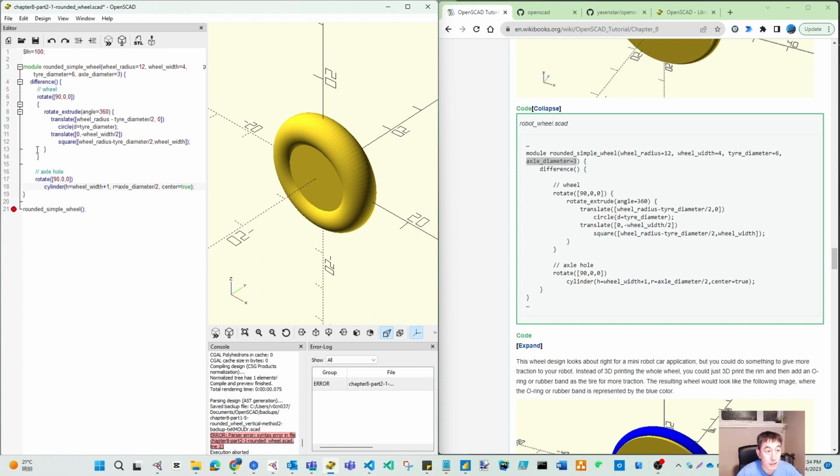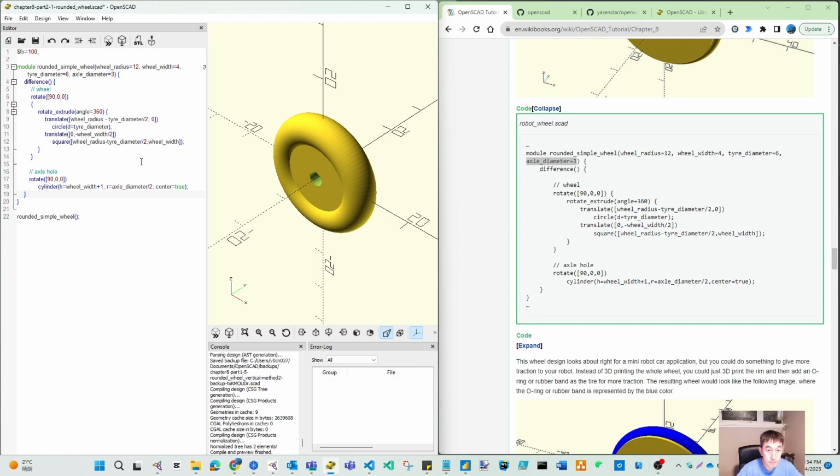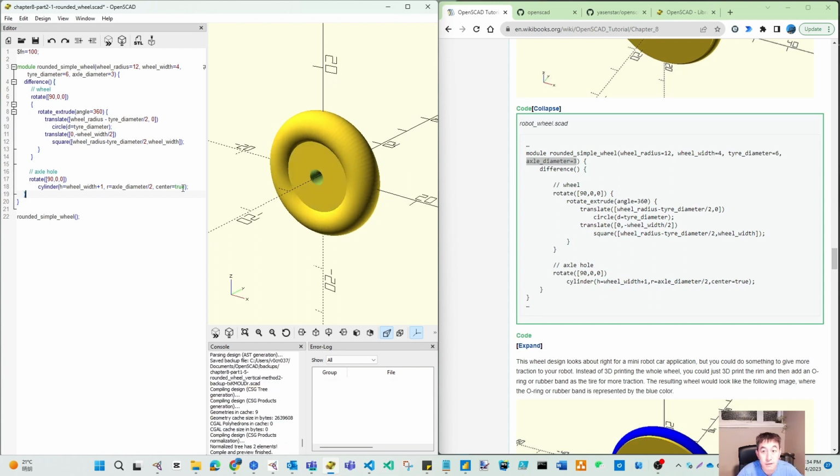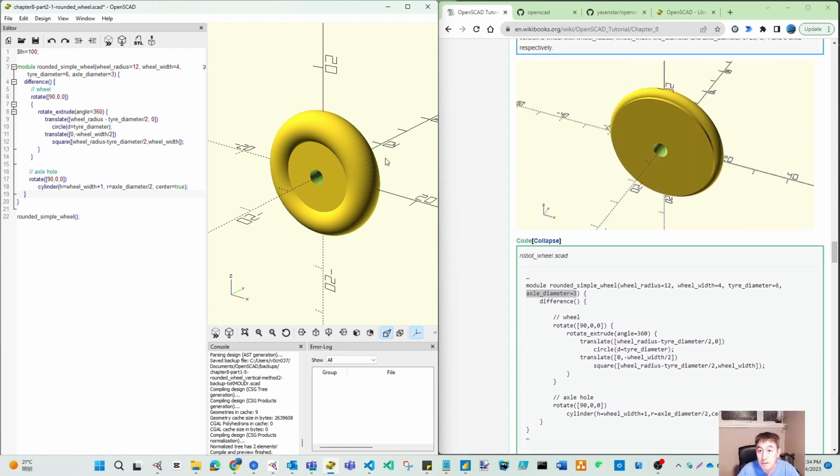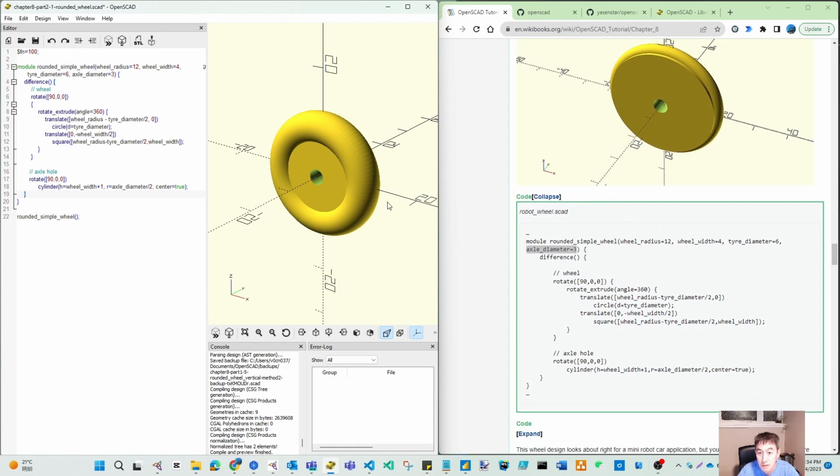So what we will get is, let's see, we have an error because we are missing one curly brace. Yeah, that's perfect. Let's see what the parameters look like. It's 12, 4, 6, 3. But our shape is not exactly the same as this. So 90 degrees, wheel radial divide this. This is the same. This is the same. This is the same wheel